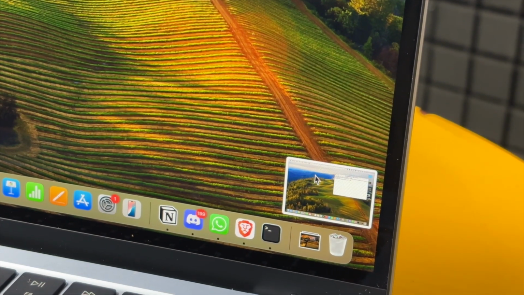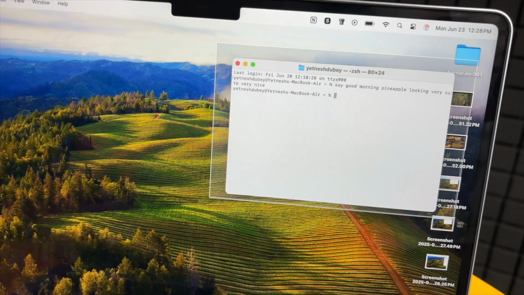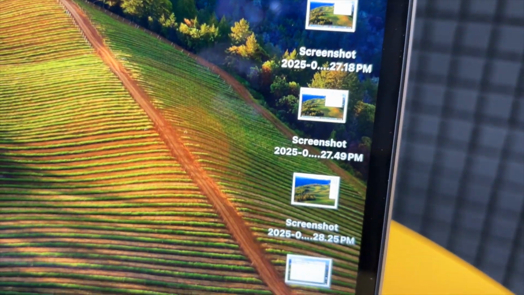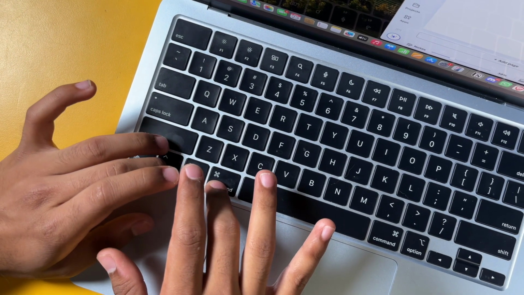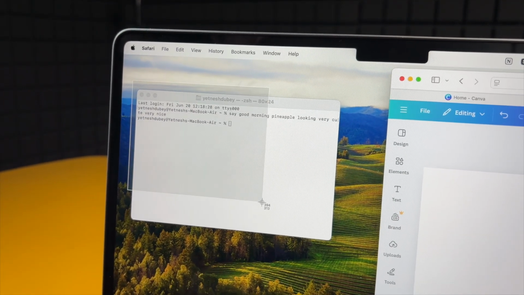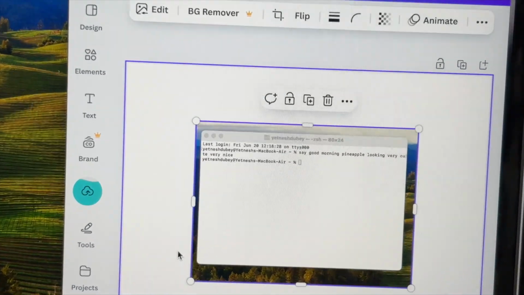Now the third tip is that we all know that Command plus Shift plus 3 results in a whole full page screenshot. But what you can also do is Command plus Shift plus 4 to take a screenshot of a specific section. But the problem with both these methods is that you get a bunch of screenshots piled up on your desktop. So what you can instead do is this: Command plus Control plus Shift plus 4. So now the screenshot is copied directly onto your clipboard and you can paste it anywhere without cluttering your desktop.